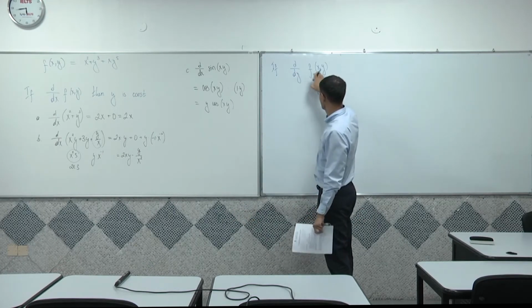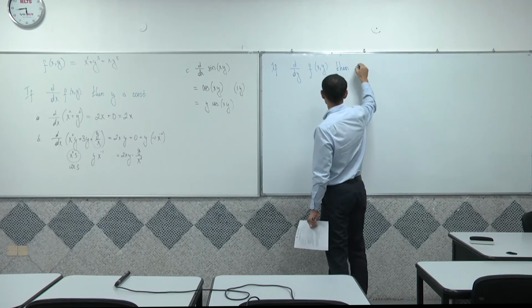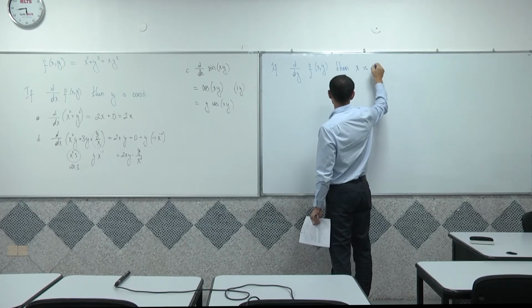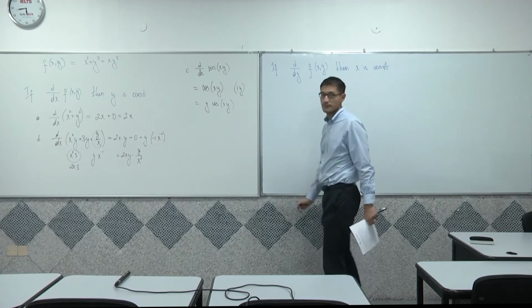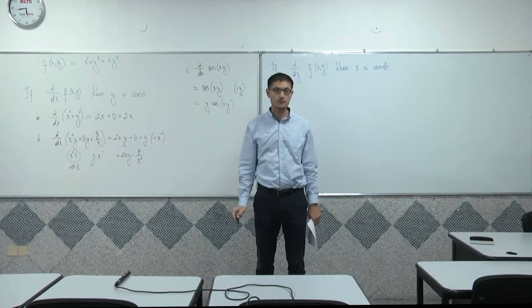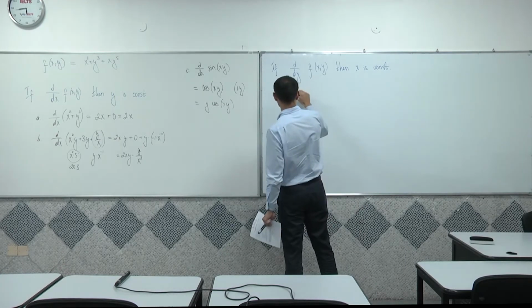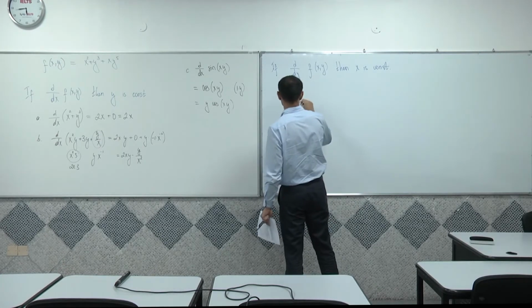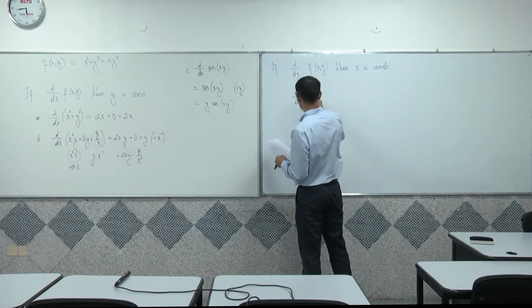So if I take the derivative with respect to y, then x is now a constant. So let me show a couple examples. Let's say we want to take the derivative